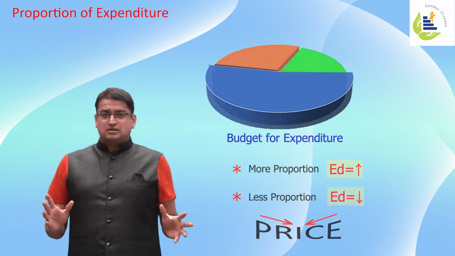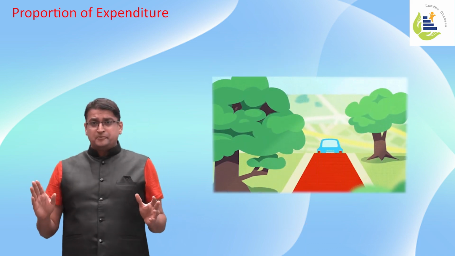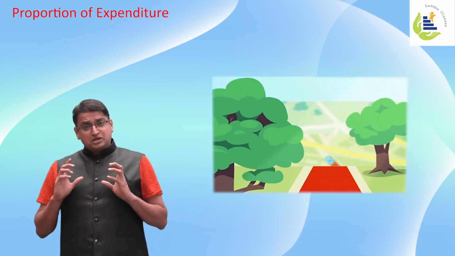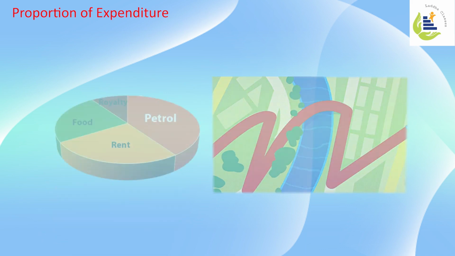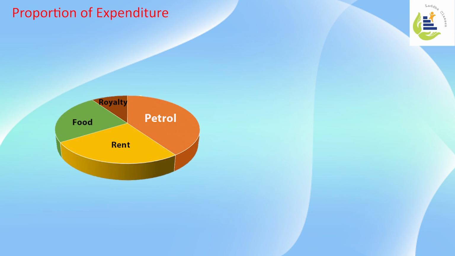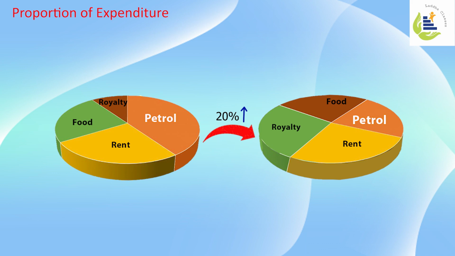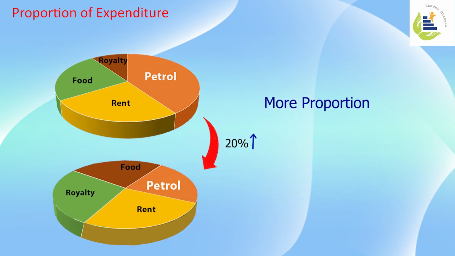Let's say I'm a salesperson. I have to go from one place to another. So traveling expenses, and in particular the petrol prices, are very crucial for me. So if the petrol prices increase by 20%, my budget gets shifted very much. So I try to reduce my consumption. I try to shift my pattern of working. So that's where the part which contributes more to your proportion of budget, its change in price will directly affect its consumption pattern. Hence, for those kinds of products whose contribution is more, the elasticity of demand will be more.